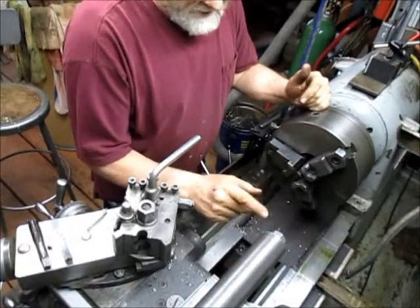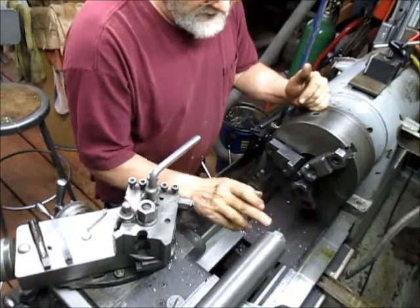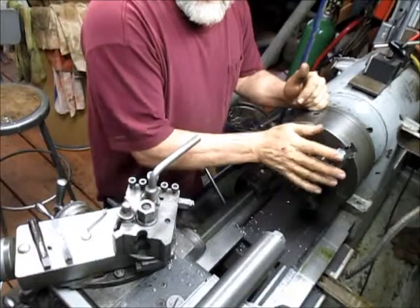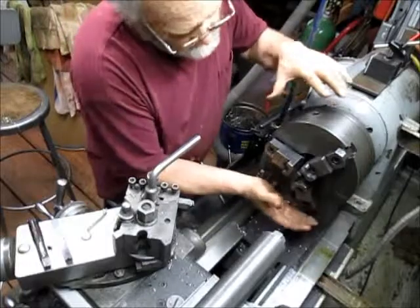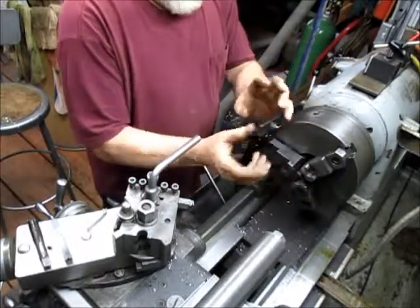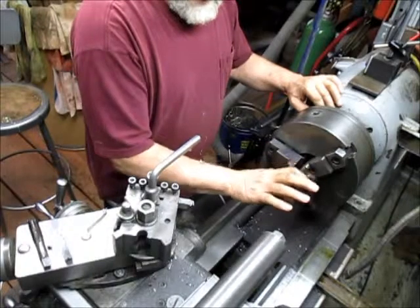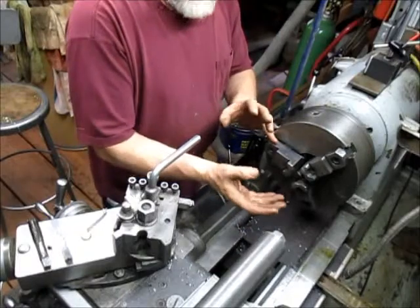The bolt's setting up right now, or the Loctite's setting up right now. So now what we're going to do is take the bolt and put it in the 3-jaw chuck that fits the divider head, and put the 3-jaw chuck in the 4-jaw chuck on the lathe. So then we've got 4-jaw, 3-jaw connected to this piece here, and then we're going to square everything up and get it all concentric, and then take the 4-jaw or the 3-jaw off of the lathe